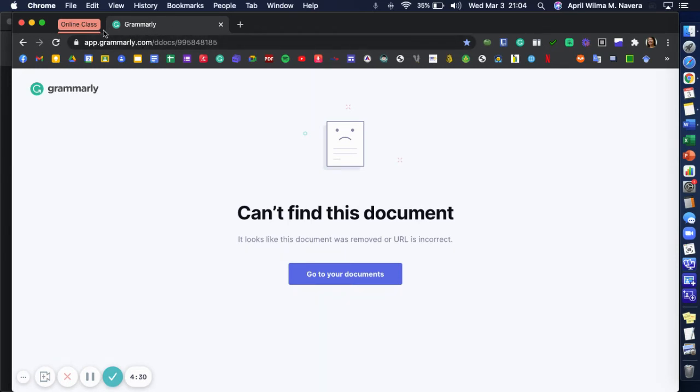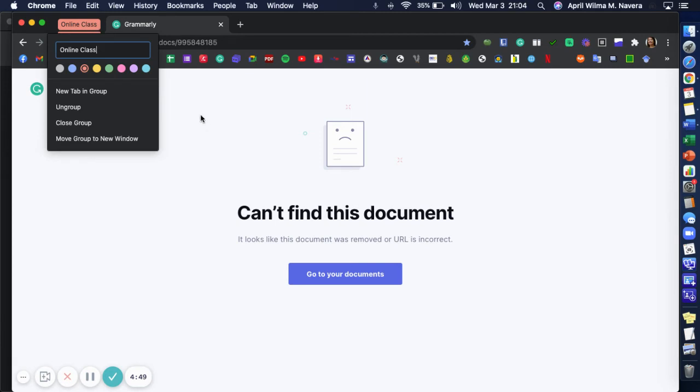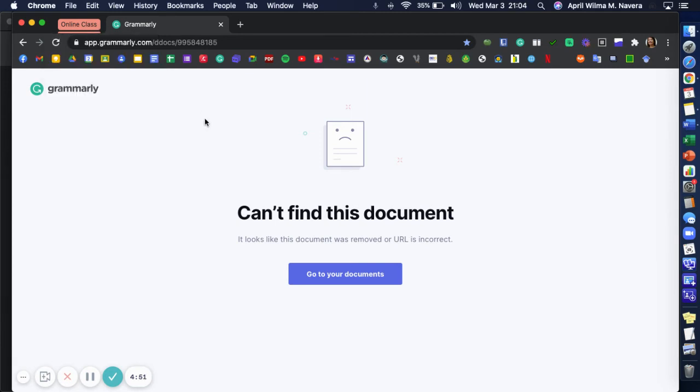Then if you want to go back to online class and see the tabs that you had, click on the online class and you're going to see your tabs. So this is very good when it comes to opening multiple tabs, so that you're not going to open multiple tabs, you're just going to group them in a tab. Okay, second tip. Now, the third tip that I'm going to share is how to organize your